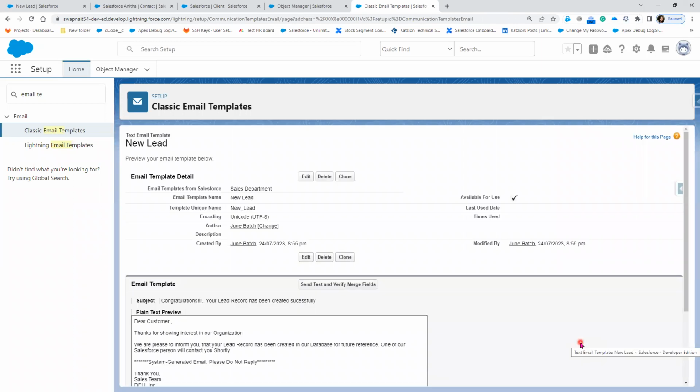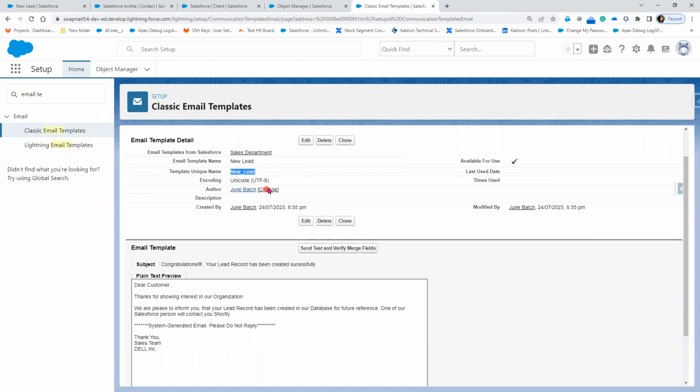This is the email template. Now it is created the email template. Template name is this. Template unique name is automatically created, which is the API name. Email template API name is new underscore lead. And this is the encoding, UTF-8, and then available for usage. Now, after creating the email template,